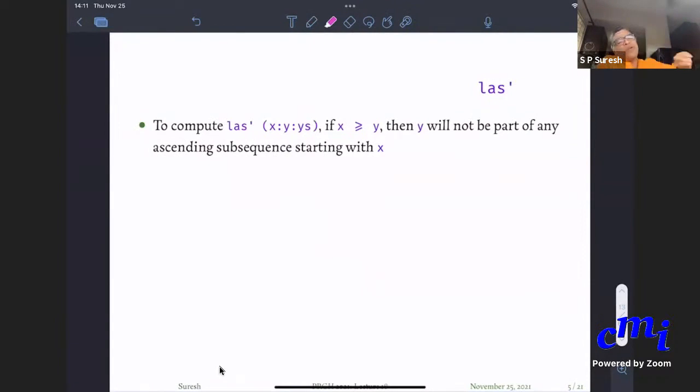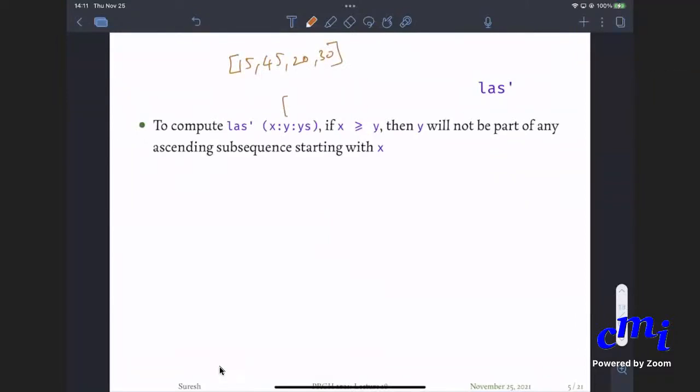Because you might have included, so suppose the next element after 15 is, suppose your x colon y is of the form 15, 45, 20, 30. What will happen if you include 45 in your sequence? It will be 2. But then if you ignore it, you can get 3, right?